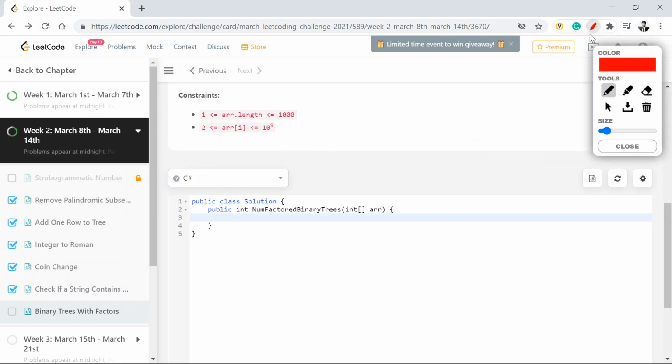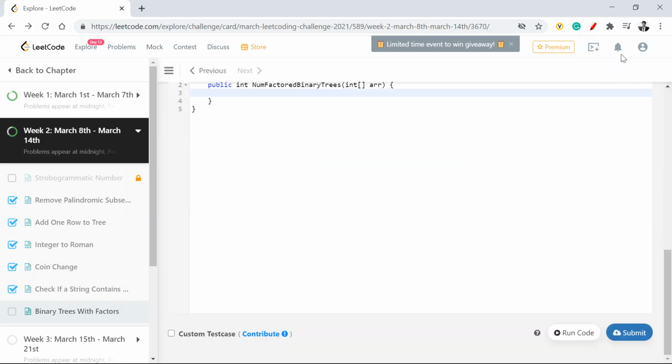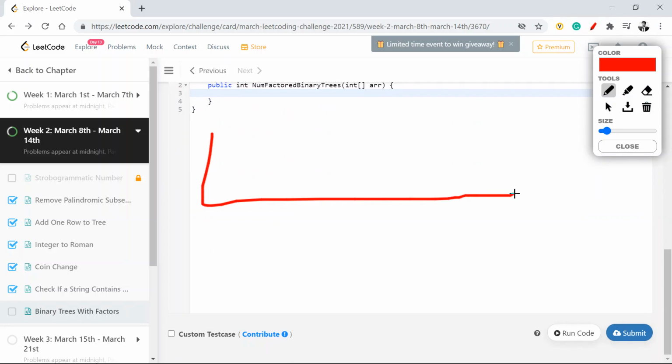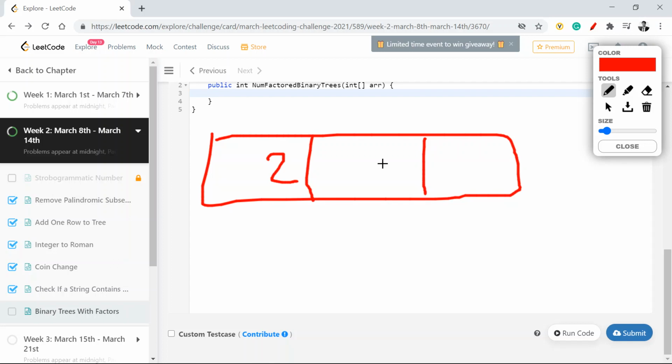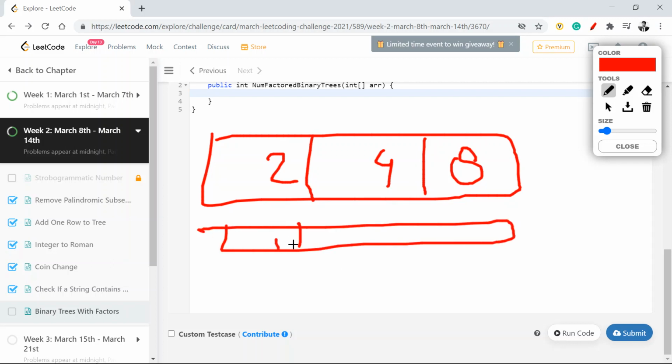So let me have, say, this is my array. Say this is 2, 4, and this is 8. I have these three. I'll create one array which will contain the values 1, 1, 1 for starters, because every node will have its own value associated to it.